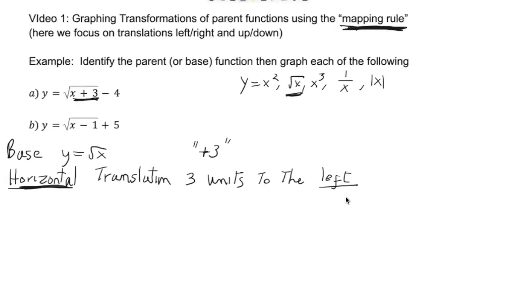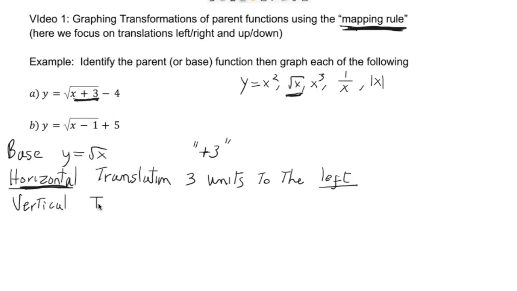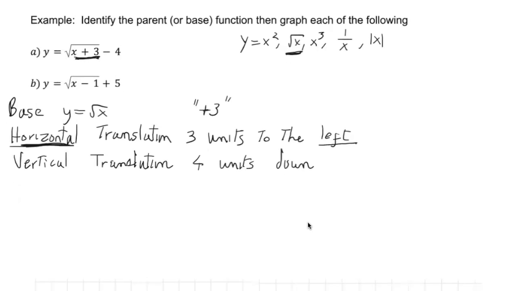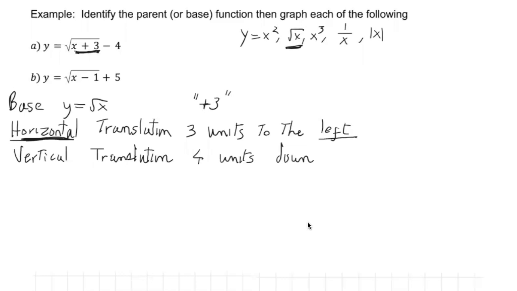And then towards the end of the function, outside of the root, at the very end, there's a -4. That's going to be a vertical translation. And that means it's going to be moved up or down. Negative numbers always mean that the graph is moved down. So it's a vertical translation, 4 units down. So now I have my two transformations, and I'm going to use the mapping rule to see what happens to